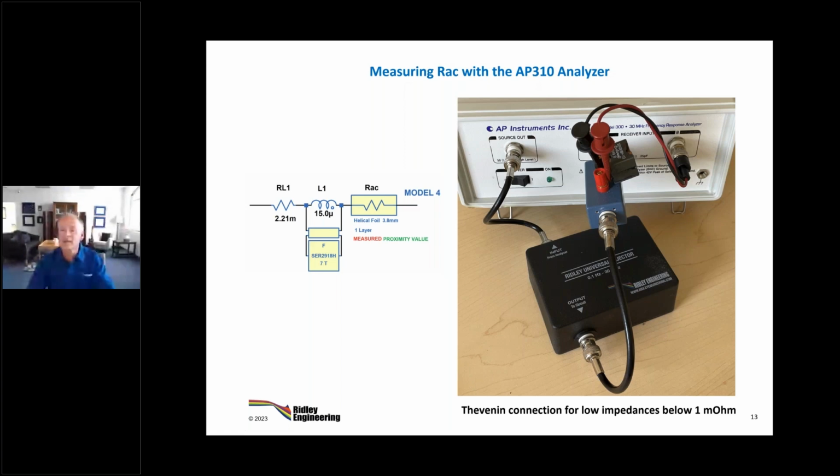Lots of people ask us about this RAC. Can you get good results? Can you depend on the results? And the answer is yes and no at the same time, as we're going to see. But we've done lots of correlation versus predictions, and we're very comfortable with this measurement setup. We've used it on many other analyzers as well. This same part got measured on an HP 4194 as well, which has an impedance setup that does the balanced bridge approach. But quite honestly, it goes a little wrong as well.